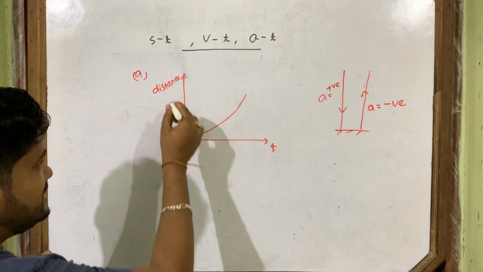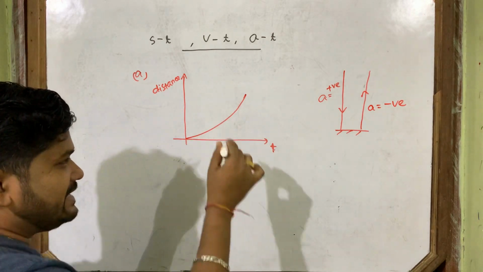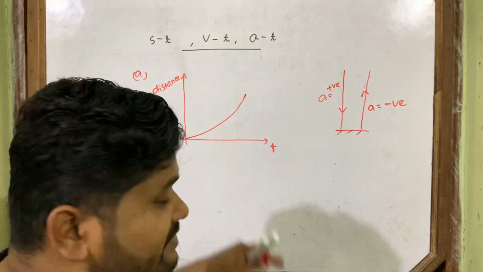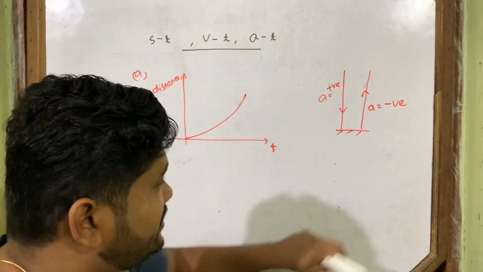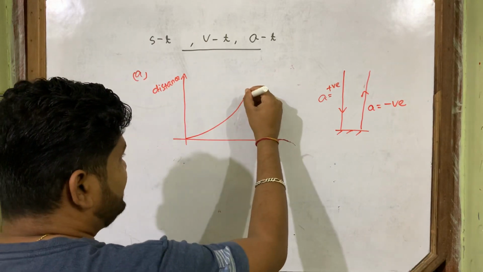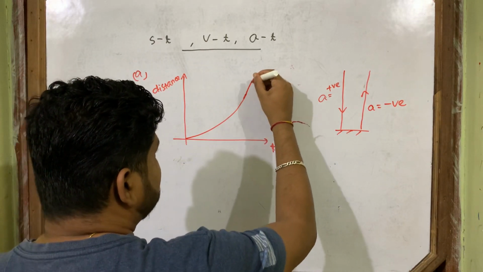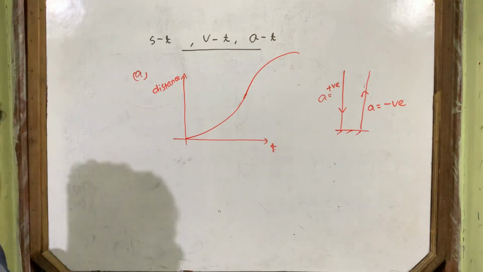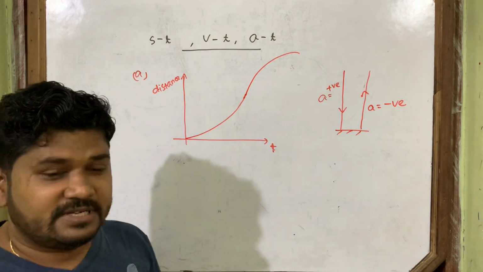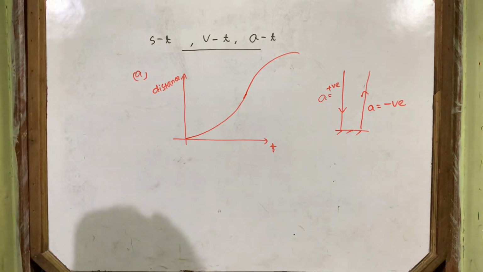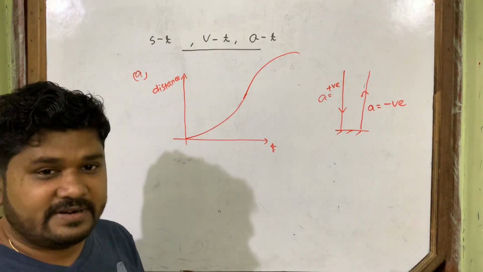So from there, in the distance time graph, it can never decrease. This graph never decreases, but acceleration will be negative. So now this graph from this side will be like this. It will never decrease, remember. It is a distance time graph. Distance increases. Okay, it will never decrease.